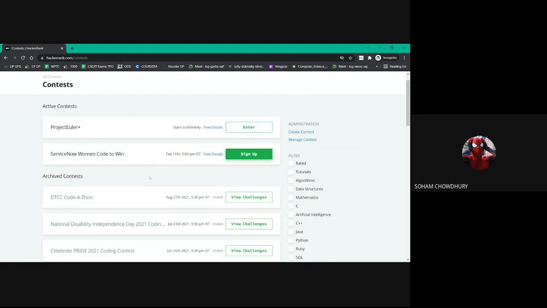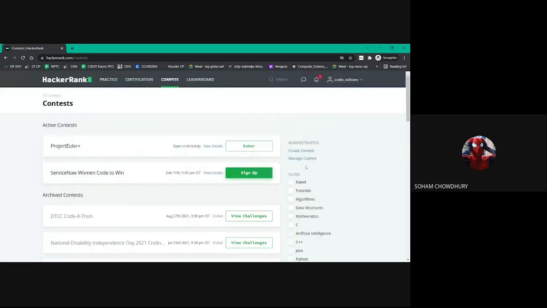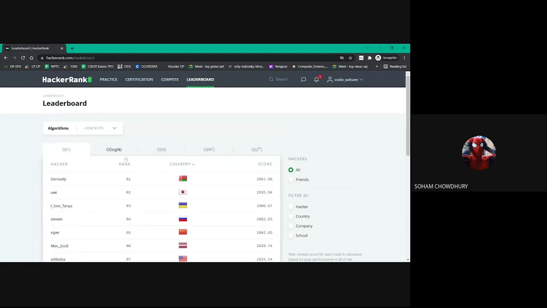Now, hiring contests are important because when you are applying for a job, you will have a coding round, and many of them use HackerRank. HackerEarth is another platform which is good for interviews. Many of the companies are putting their contests there, so you will see that. Create contests, manage contests. You will come across this when you need to. And leaderboard is